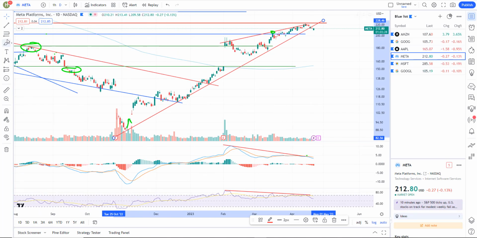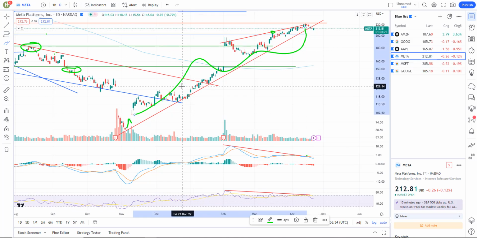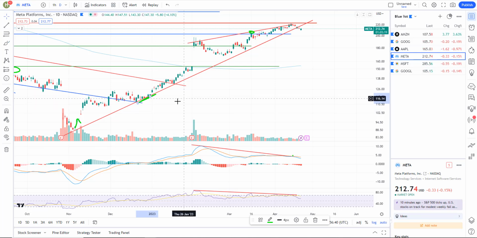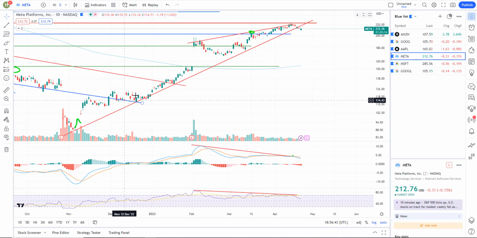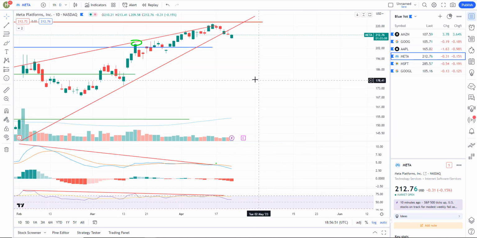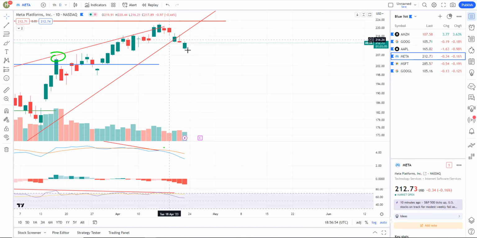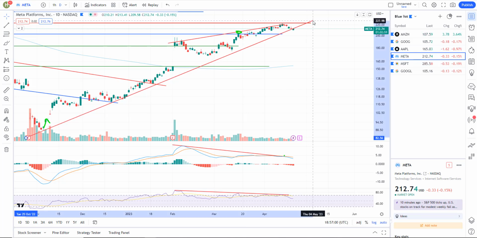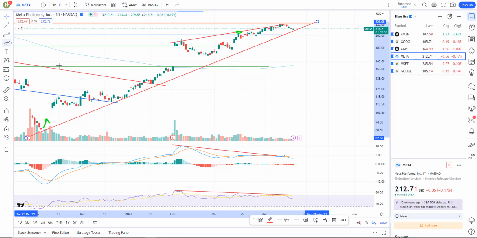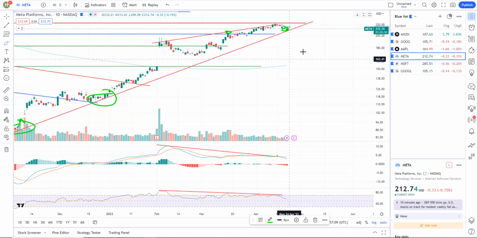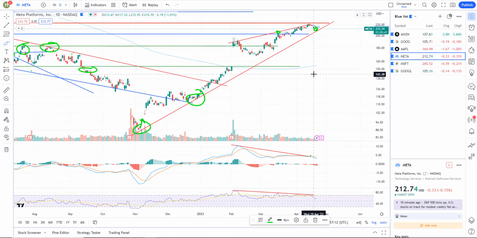Meta, I've got this bearish rising wedge right here, but you can see I'm missing those candlesticks right in there, and I have to undercut or overcut them in order to line up this candle right there. So I'm going to adjust this, because as of right now, as you zoom in, we're starting to break down out of the wedge, but it's not impulsive. That tells me we're not actually breaking that wedge. If I adjust this candle like that, that will now capture those reactions. So we've got the low, we've got those reactions, and the price action where we're at right now. So we're going to keep that as our bearish rising wedge pattern.